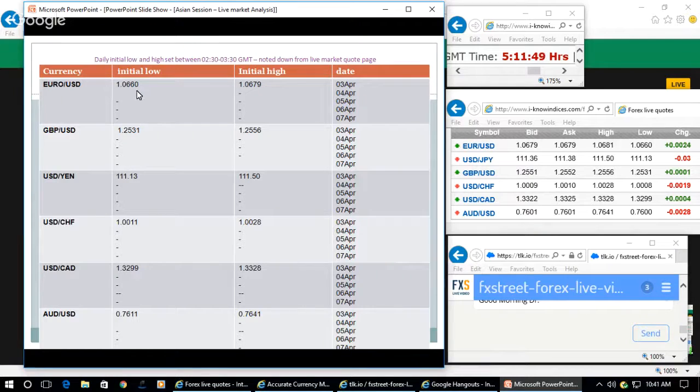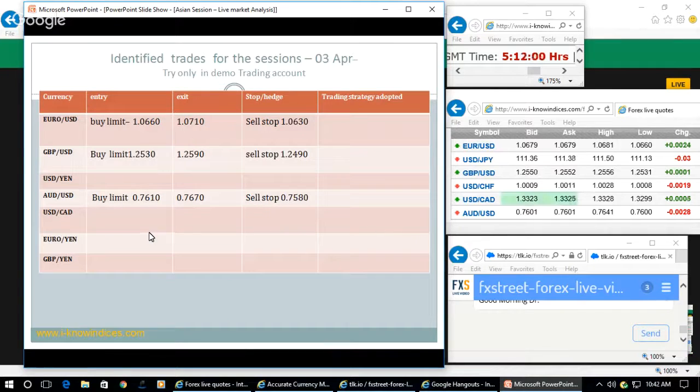And later on, they will try to increase the volatility. So only in the case of Euro and USD CHF, they just breached the high and the low, and not a very significant move is seen so far. So the recommended trade for today, 3rd of April, you can buy near that of the low in the case of Euro, 1.0660, and keep the hedge order 1.0630 and take profit at 1.0710 during that of the gain.